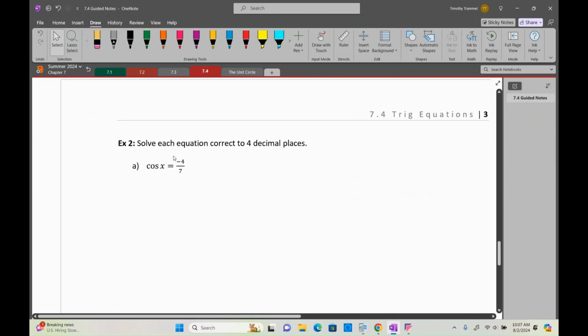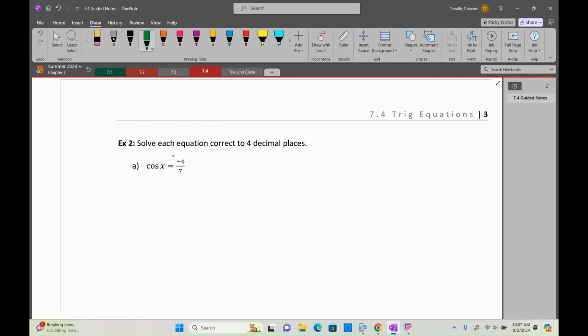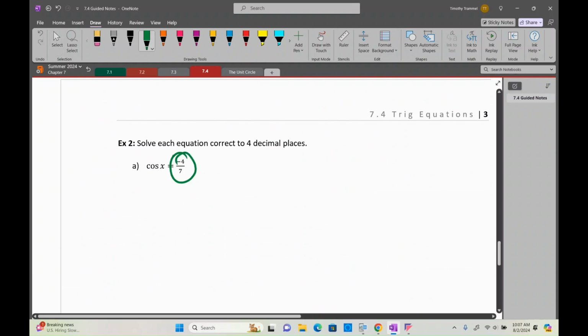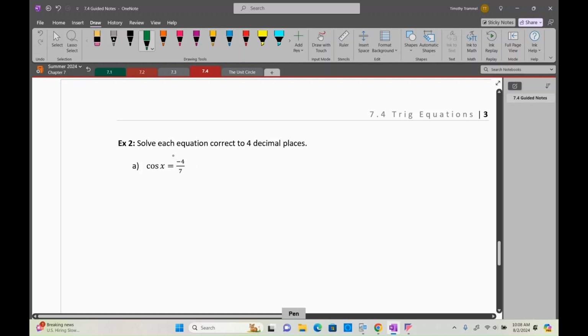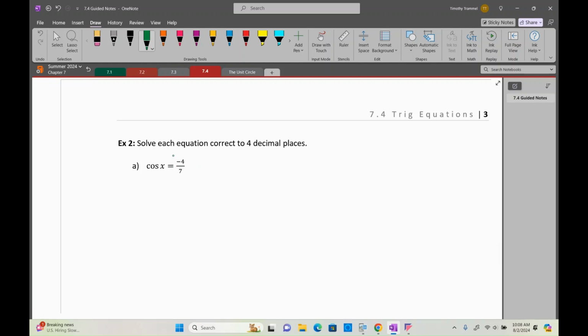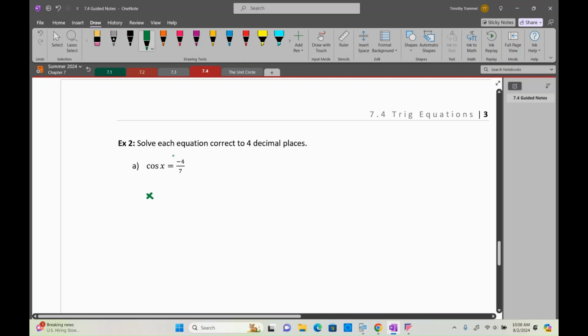So then the question becomes, well, what do we do, say here in example 2, where I'm not used to seeing minus 4/7 on the unit circle? I don't know what angle corresponds with that. Well, then you're going to need to use your inverse trig functions. In other words, what I'm going to do here is I'm going to say x,